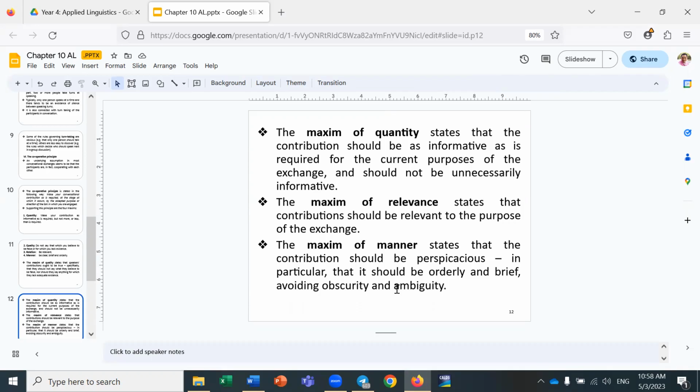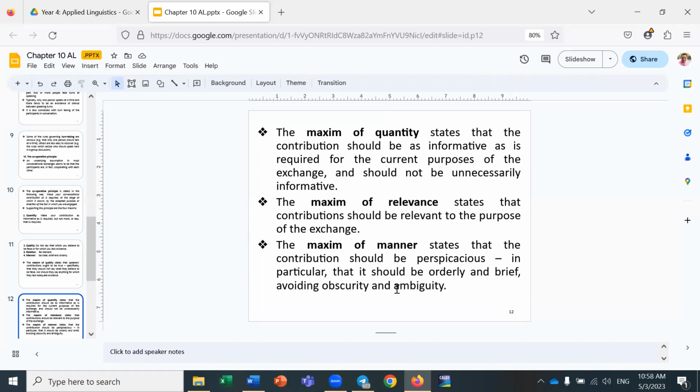When you speak, you have to say something which has only one specific meaning. Do not use language which has more than one meaning, because when it has a lot of meanings, it will be confusing. The listeners will confuse the meaning.